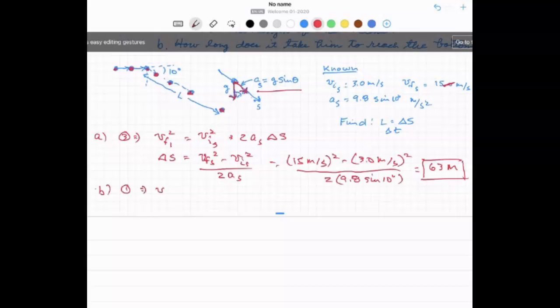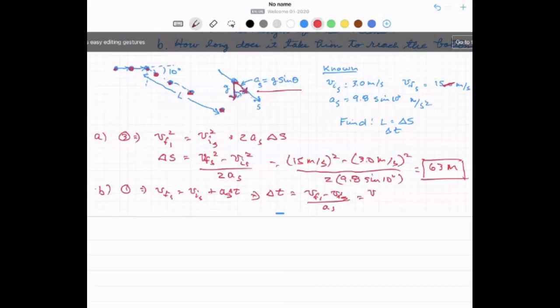V final in the s direction is equal to v initial plus the acceleration times the time interval delta t. So this means that delta t is equal to v final s minus v initial s over a sub s,